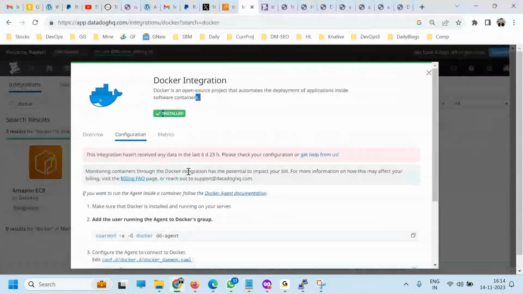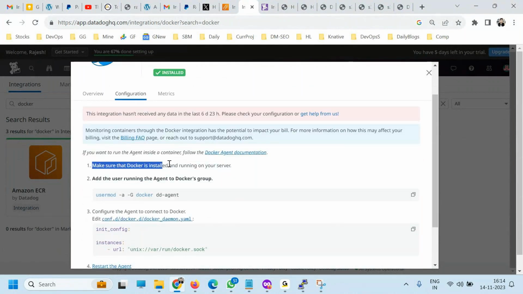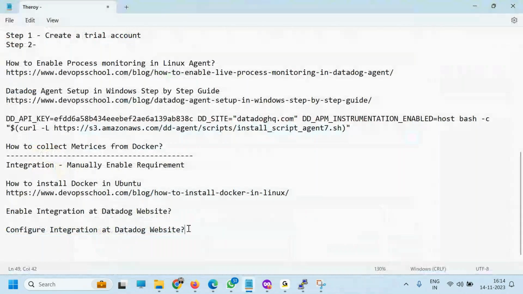Now after that I have to configure it. So what to do? Under this you should read all these pages. These are the metrics you get, and this is the configuration detail. Tell me, just by installing, is that not enough? Why is this integration required? The theory of Datadog is, if you want any data, then enable it. If you don't want it, don't enable it. Unnecessarily, why put lots of load by enabling every configuration in Datadog? That is the theory behind it. So you have to enable based on your requirement.